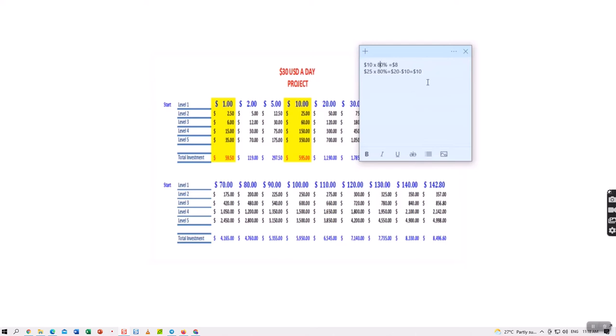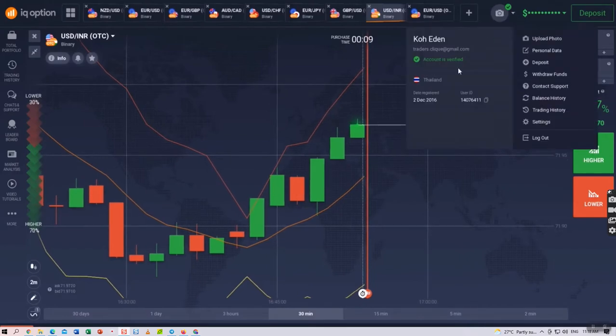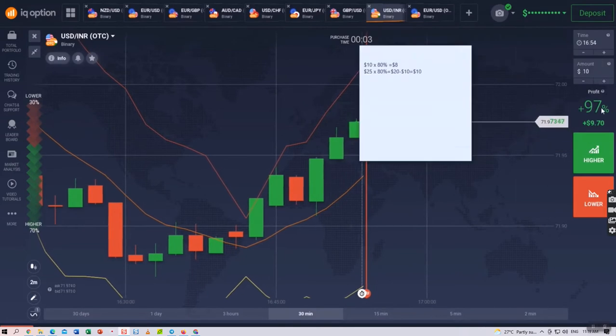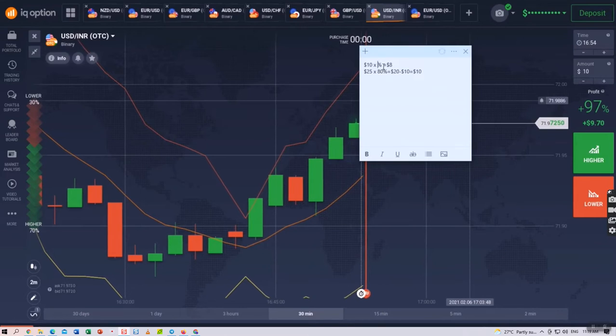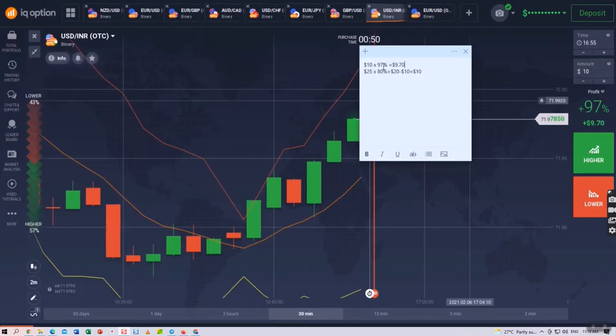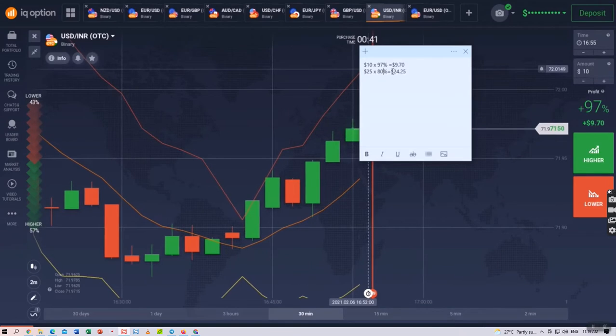So in the future, if this percentage changes, as you can see my OTC market right now on the weekends, this is not a VIP account. Previously I had, then it didn't have again. A VIP account will give you higher, but I think 97 is much higher already. If you were to change this to even 97%, this is actually quite scary, because you earn more and more. If you do $25 times 97%, that's $24.25 here, which will cover your previous losses and also get a very healthy profit.